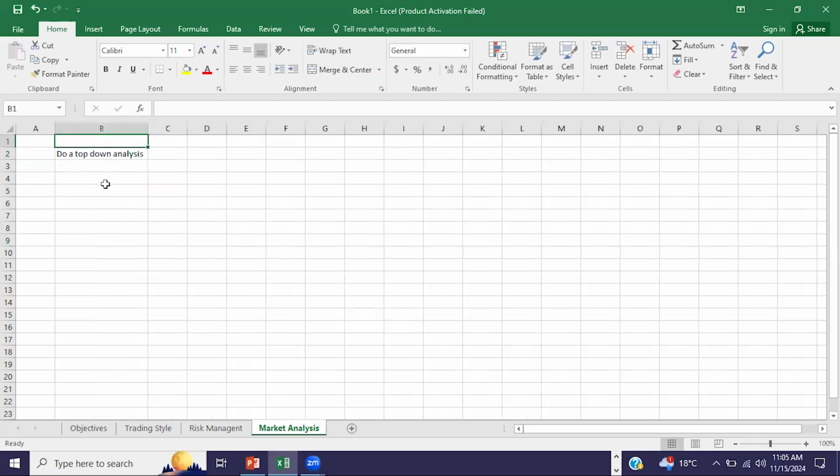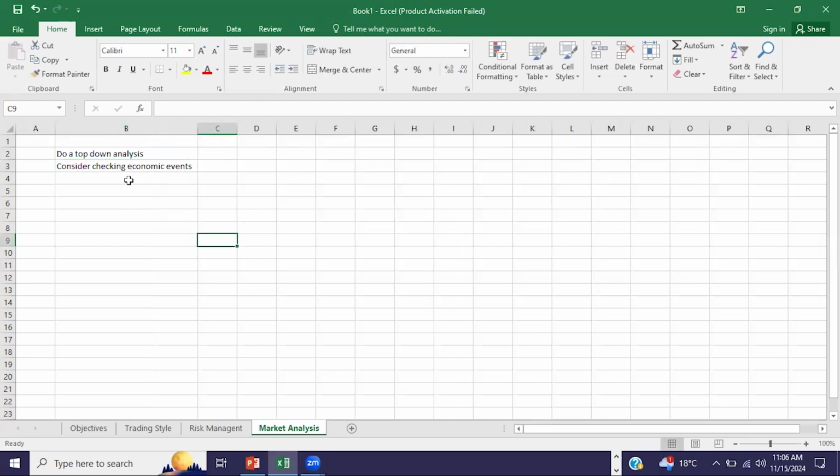Probably you also consider checking the fundamentals or economic events, so that you know which pairs are going to be affected during that trading day or maybe that trading week. And also in terms of market analysis, if you use indicators, you can go into details about the types of indicators,